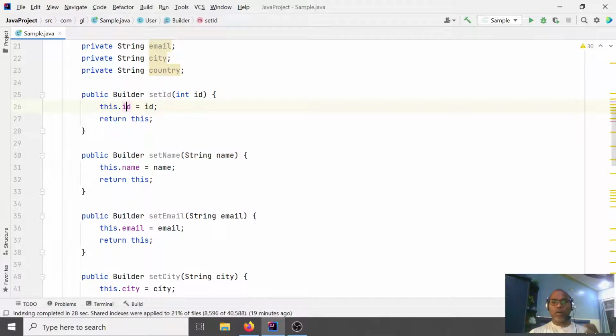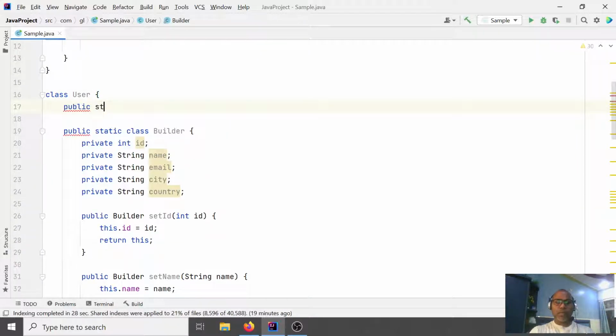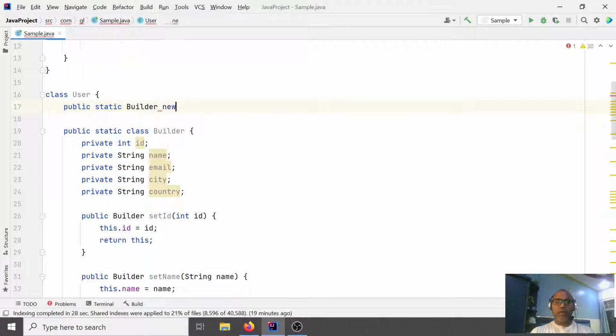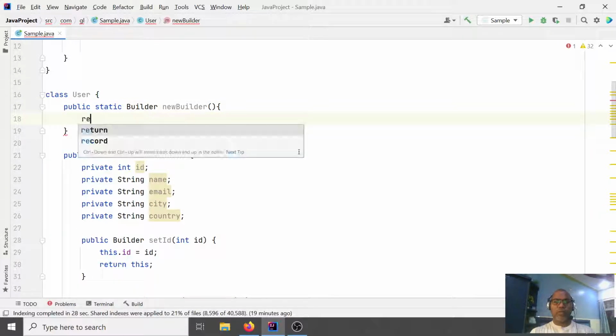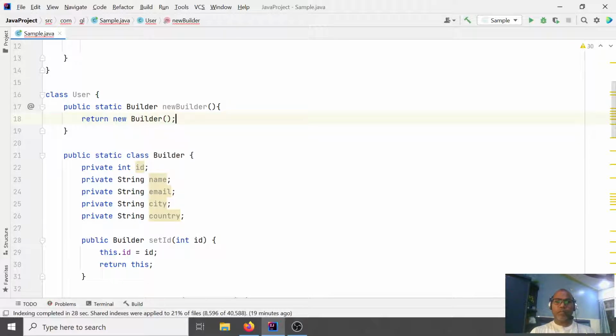So let's think how we are going to use it. The User class has a public static method that returns the builder, like new builder, and that just returns a new builder. So this way you are returning a new builder.